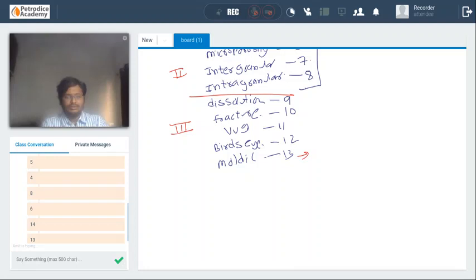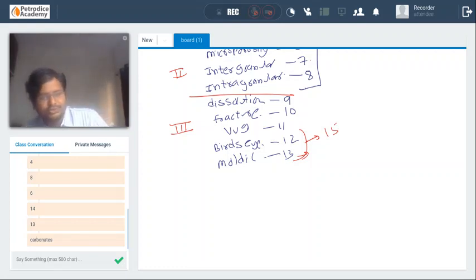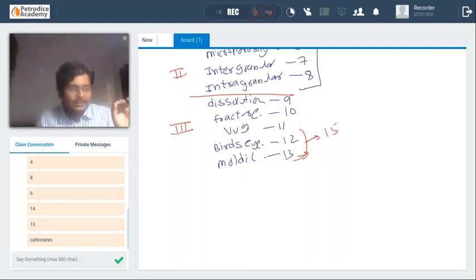The bird's eye porosity and moldic porosity are generally present in carbonates. Okay, I think everybody knows what is a dissolution porosity or fracture porosity. When any particular fluid disintegrates any rock matrix where pore spaces have been formed, it is called dissolution porosity. If a rock is fractured, the porosity that is related to that rock is called fracture porosity. Okay. So these are the things that we have covered in the previous class, guys.